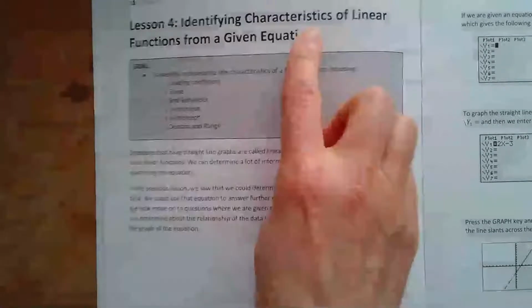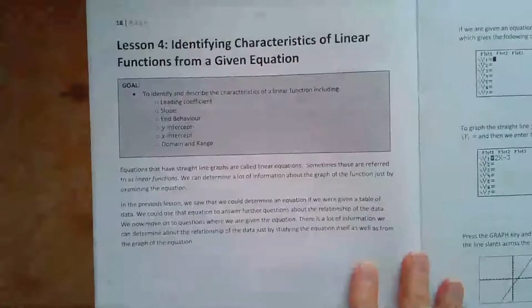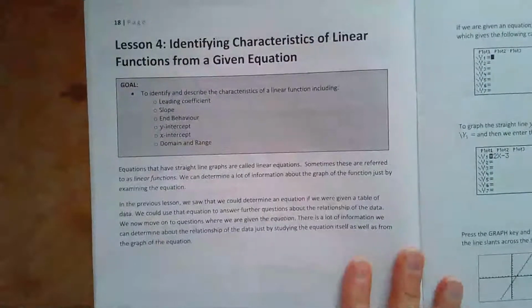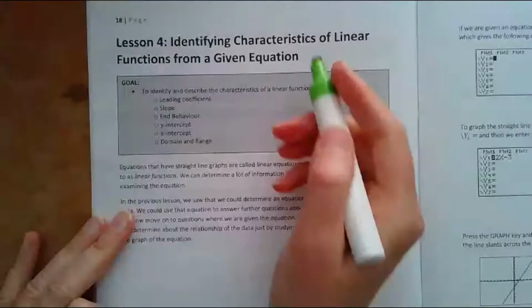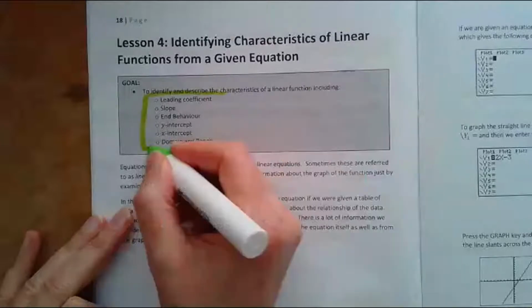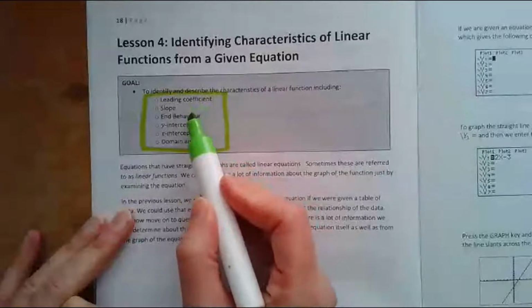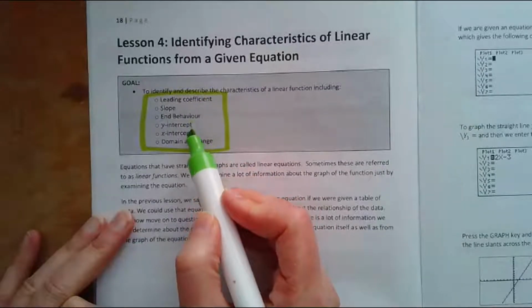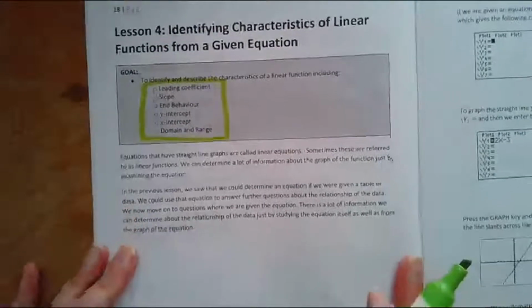Talk about identifying characteristics of linear functions from a given graph. What a linear function is, it's just a straight line, right? These are all important vocabulary words that you need for this unit: leading coefficient, slope, end behavior, y-intercept, x-intercept, domain, and range. So the first thing is